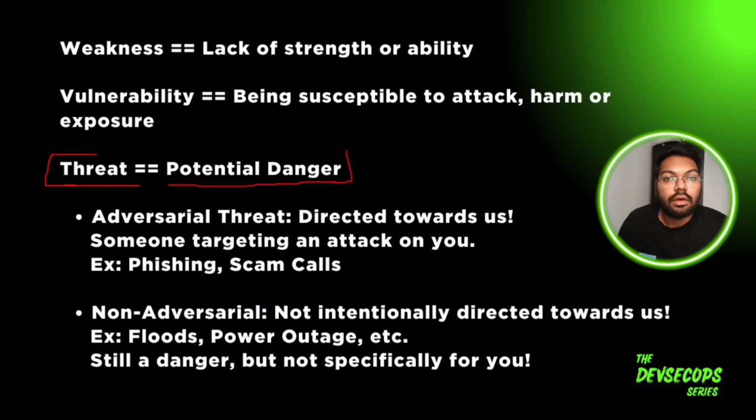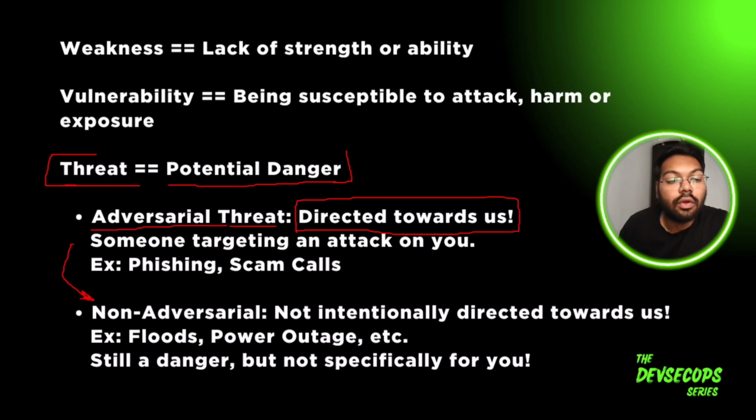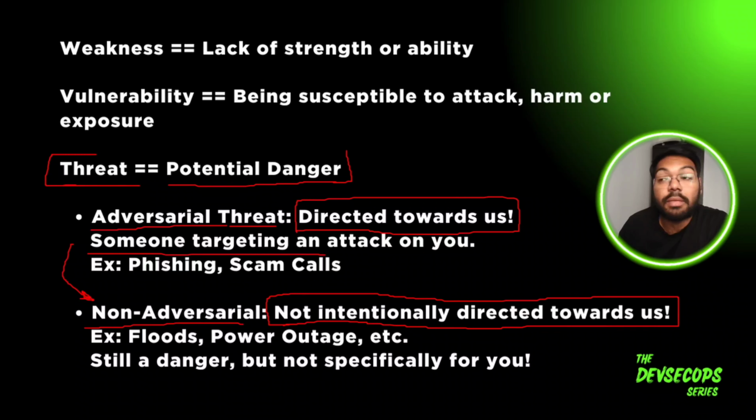Then what are the different types of threat? Some threats are directed towards you, meaning someone tries to attack you. Let's say when we are talking about those two persons, if someone is trying to directly attack them, then that is called an adversarial threat. And the difference between this and the non-adversarial is that a non-adversarial threat is not intentionally directed towards particularly you or us, let's say. The difference is that someone is targeting you specifically. He is deciding the target as this person and then tries to attack.